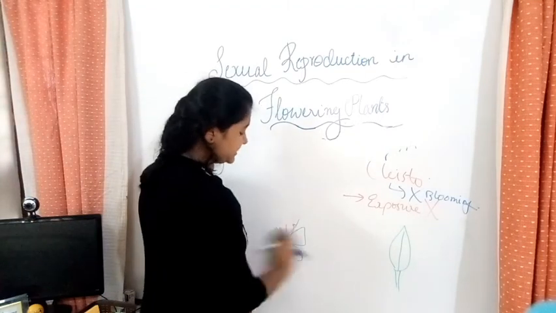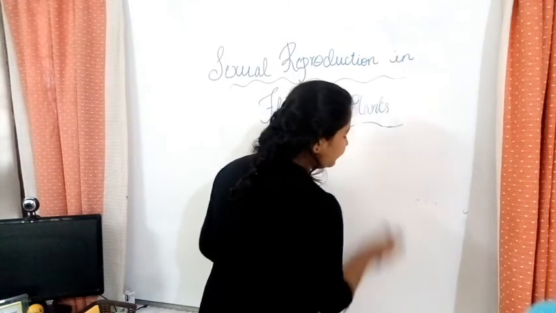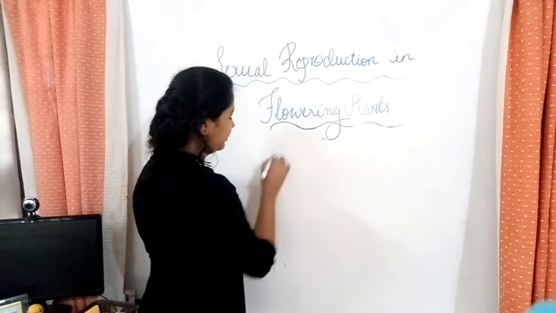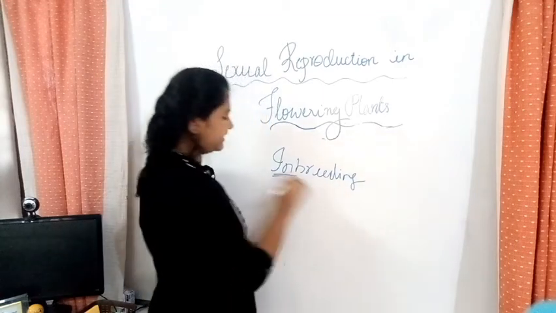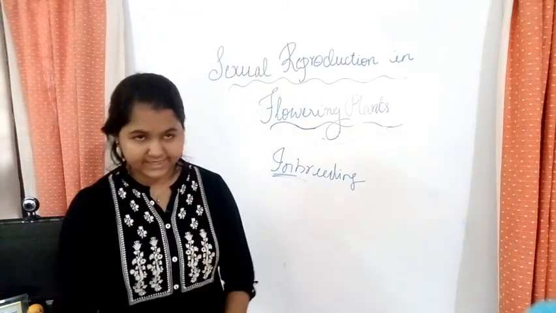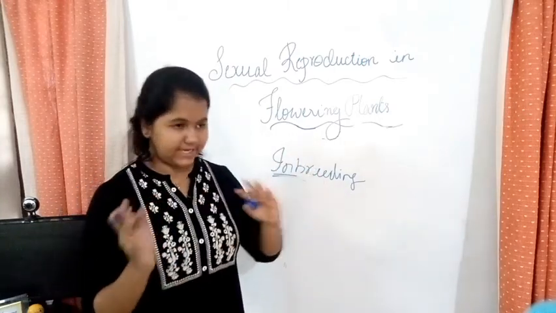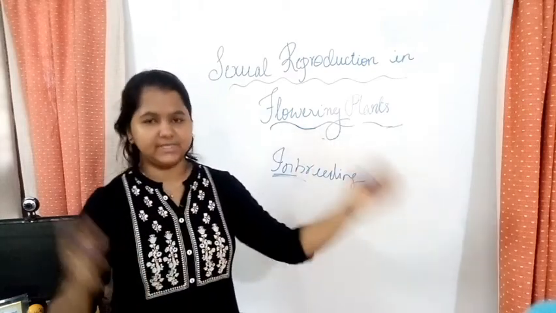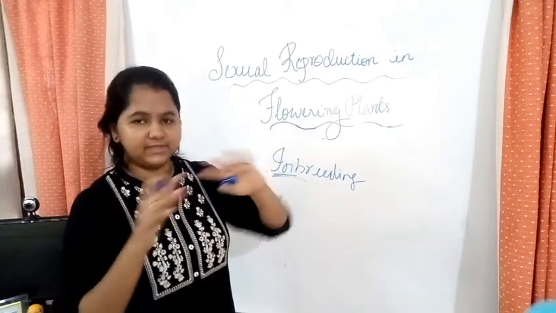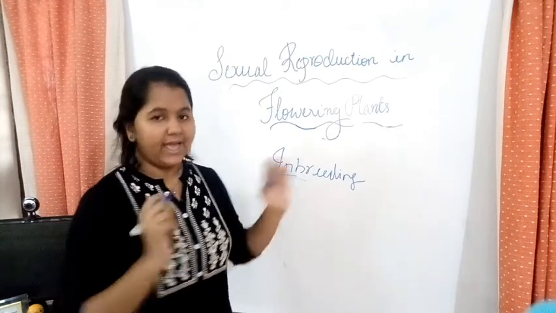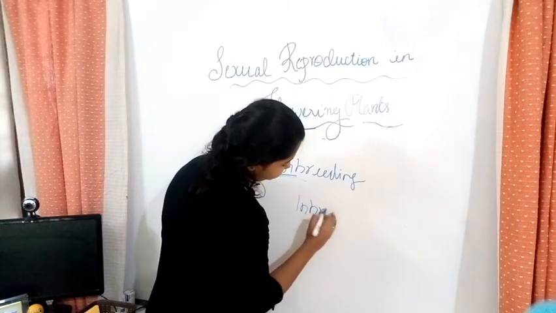So before discussing outbreeding, why don't we discuss what inbreeding is, so that it would be easier for better understanding of outbreeding methods. So inbreeding, the word in, that is self-pollination or self-breeding, is what is meant by inbreeding. So if there is continuous inbreeding taking place, that's continuous autogamy or continuous geitonogamy, the fertility of the plant would be destroyed, and this destruction of fertility is known as inbreeding depression.